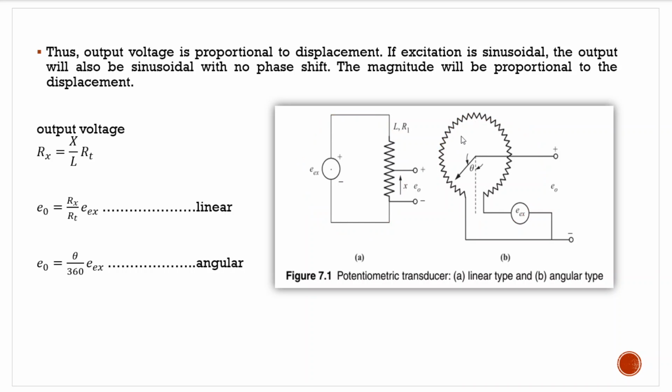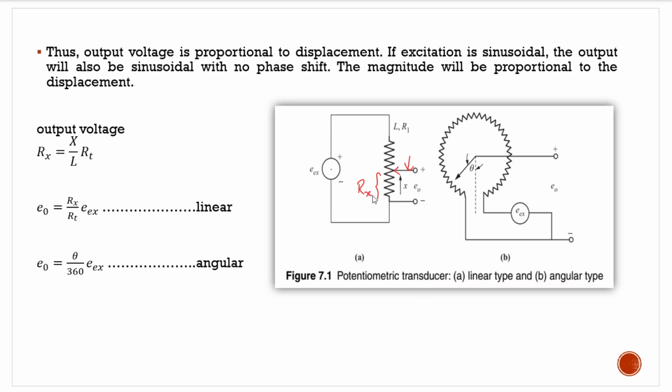So, what happens is, say for example this linear type potentiometer is here. There will be a slider. ये जो slider होगा, this will be moving by applying some amount of force or displacement. This slider will move accordingly. This slider will give us a different value of resistance for this portion of the winding.